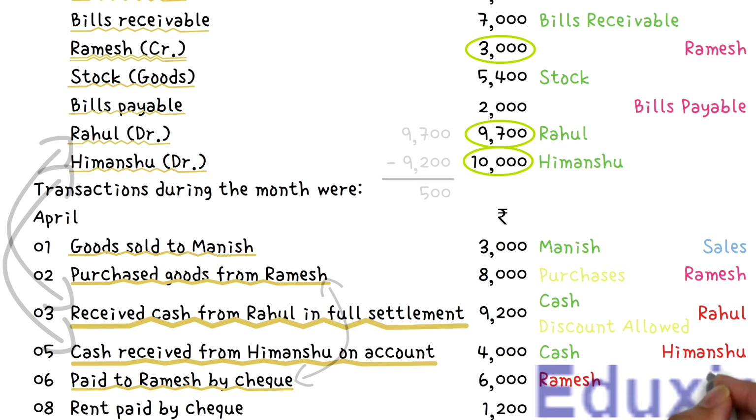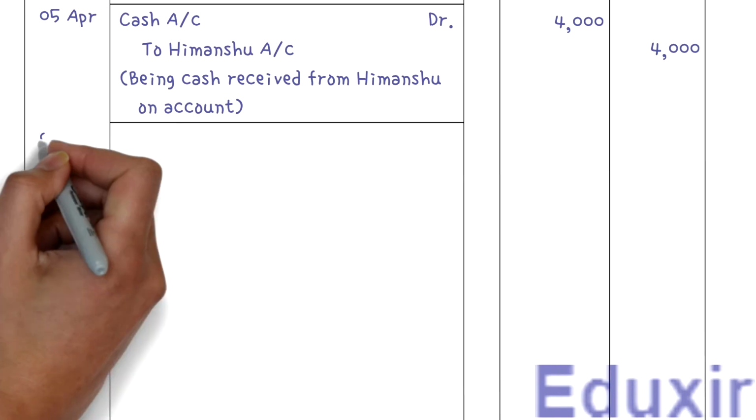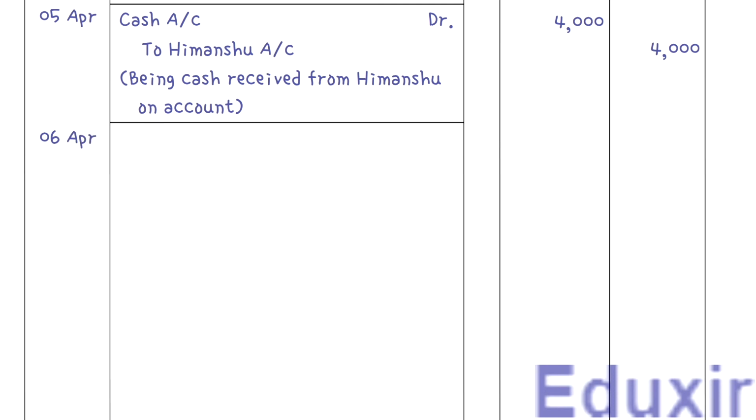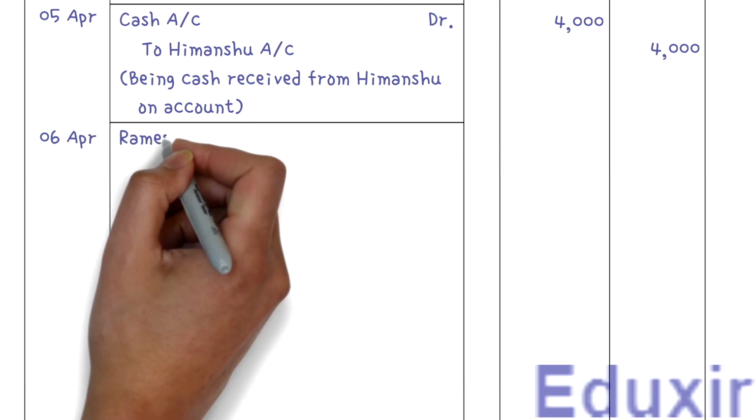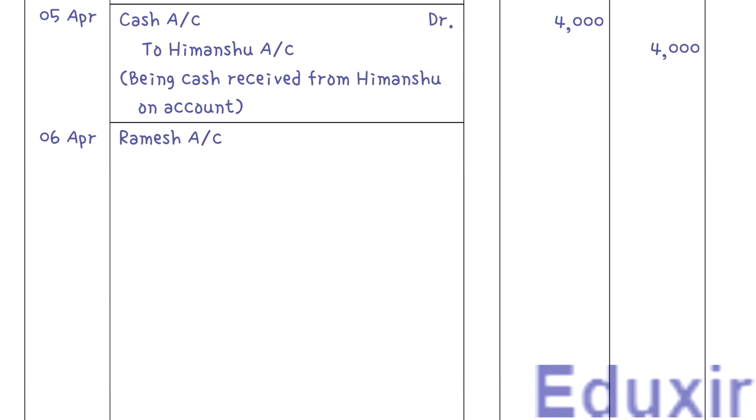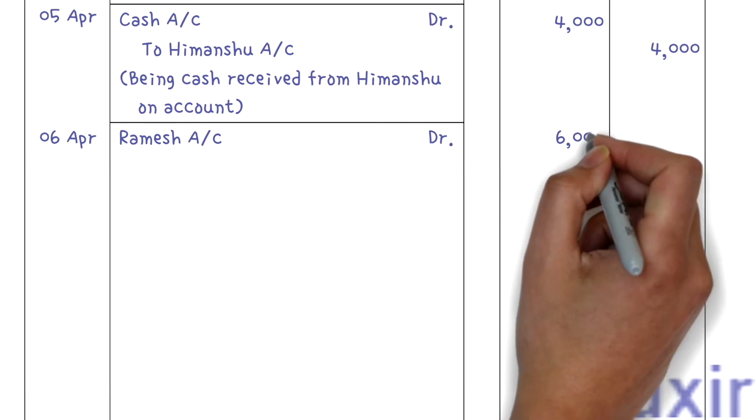In this case, the bank account should be credited. With this analysis at our disposal, let us now proceed with the generalizing of this transaction. Let us first record the date. Let us then record Ramesh account as the debit entry. Let us also write the text DR to indicate that this is a debit entry. Let us then record the debit amount of 6,000 rupees in the debit amount column.